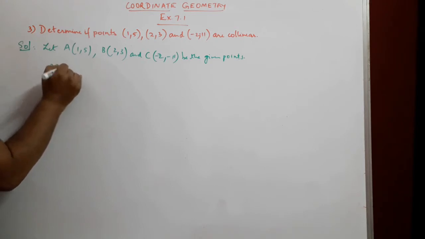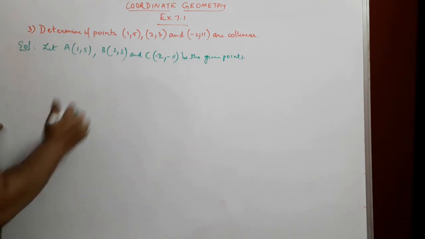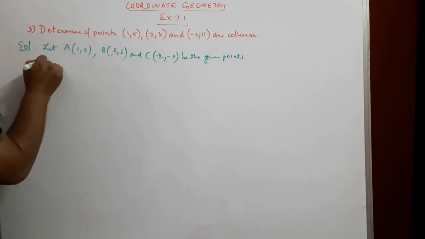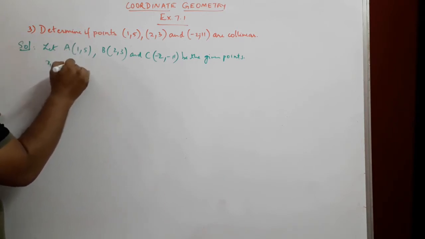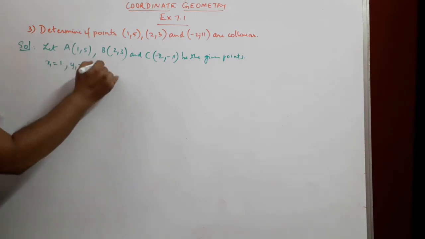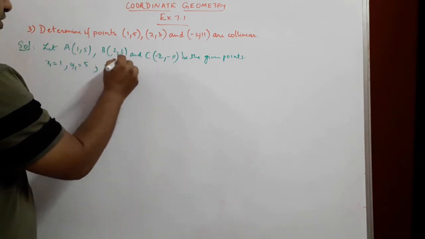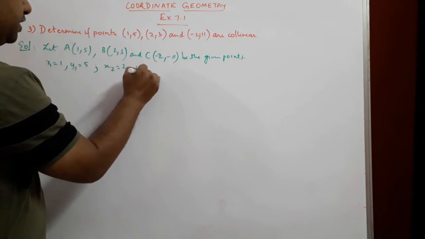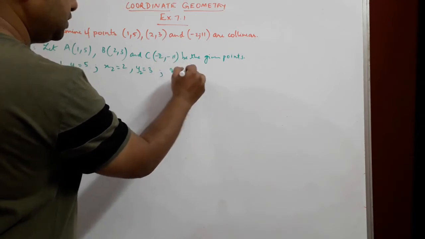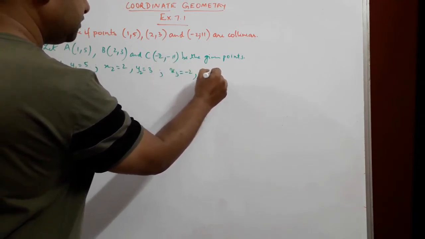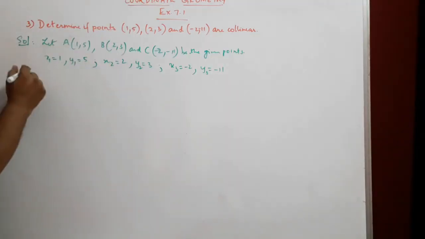So AB, we'll find out that first. So AB is given by the distance. Before that we'll write down what is x1, x2, x3. So x1 is equal to 1, and y1 will be 5. Then x2 will be equal to 2 and y2 will be equal to 3. Then x3 will be equal to -2 and y3 will be equal to -11. Now let's use the distance formula. So now let's find out the distance AB,